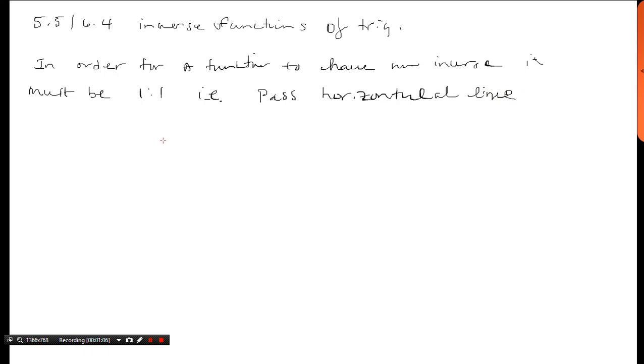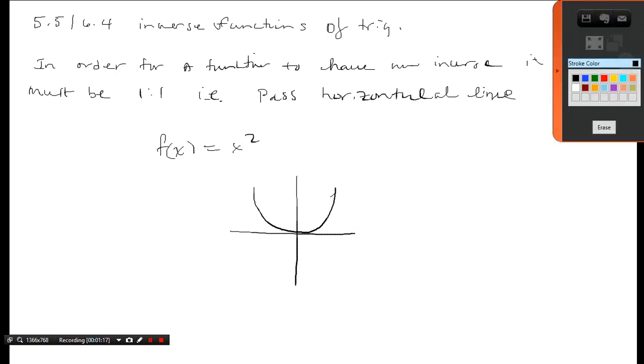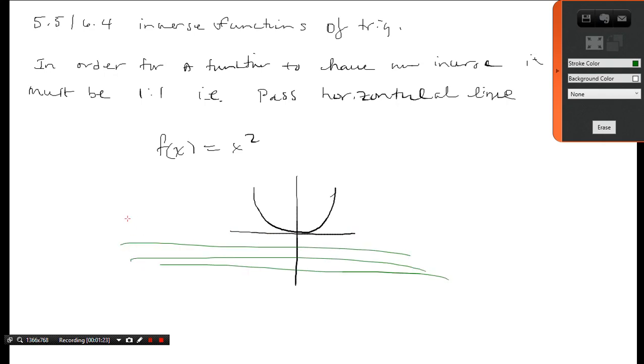So for example, let's look at this function. It's not a trig function, but it's a guy you've seen before, x squared. Okay, so here's x squared. Now if you look at the horizontal line test, here's a horizontal line for you. If I sweep this up, when it hits the line, everywhere it hits it in 2 spots. That means for this particular value of y, there are 2 x's that'll give you that same